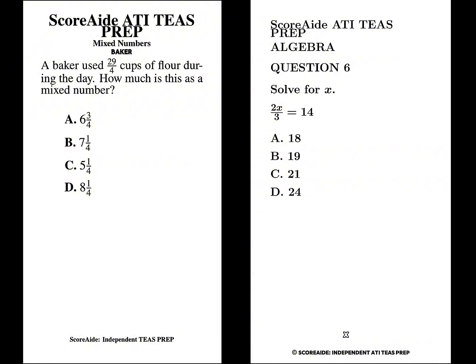Question 6, solve for x. So we have 2x over 3 is equal to 14, right? So you notice here that x is not independent because of a fraction. But first of all, we are going to deal with the division. 2x is being divided by 3. So we are going to first of all eliminate 3 by multiplying both sides of the equation by 3, right? When you do that, 3 is going to cancel from the left-hand side, and we are going to be left with 2x is equal to 14 times 3,